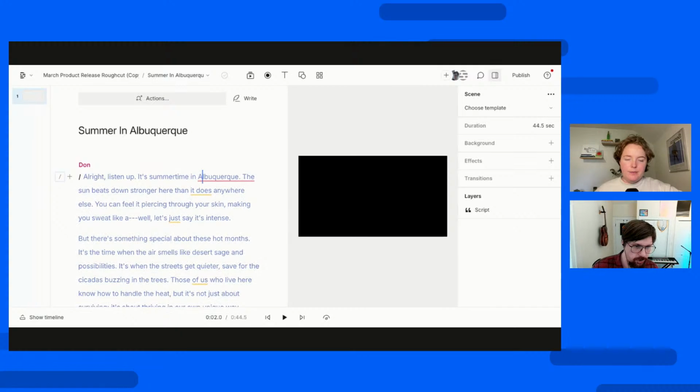One note also while we are generating this, stock speakers can't be used for replacement just because there's not really a reason to do that currently. Like there's no real reason to overdub in your own project with a stock voice, your own audio. So it's just for text to speech. Just something to keep in mind.